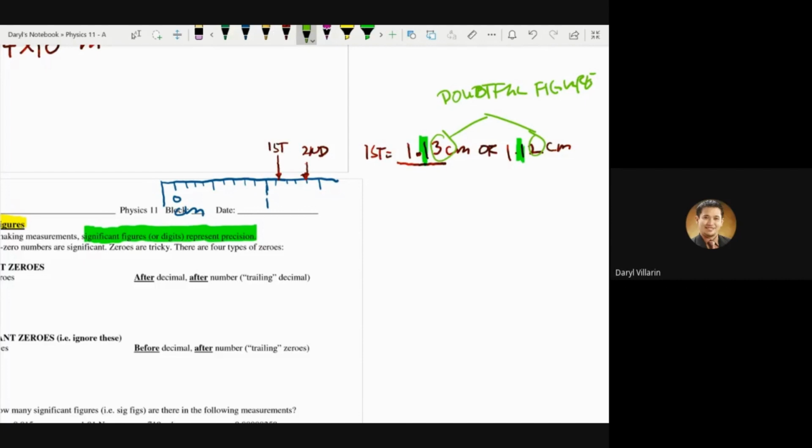So if someone reads your measurement, he will take it that you're using a measuring instrument, most probably a ruler, that can only read 0.1 of a centimeter, okay? Because he's going to take the last digit as your doubtful figure. That means it's beyond what your instrument can read. So for any measurement, you need to do that, so express it that way. And for the second measurement here,